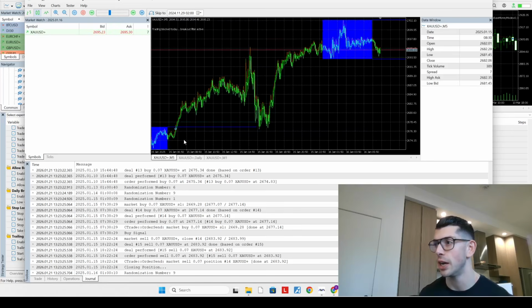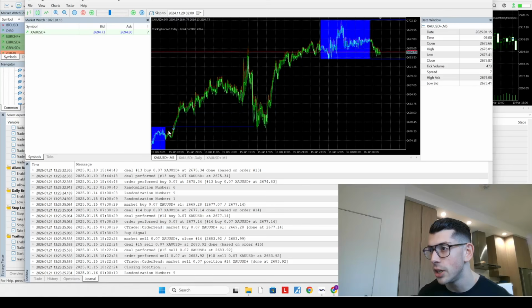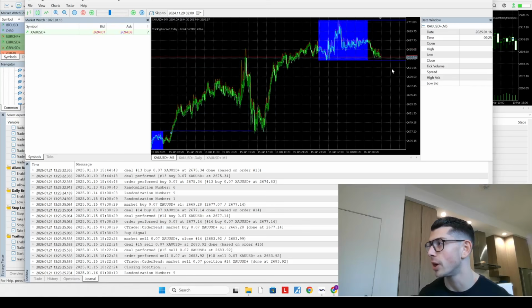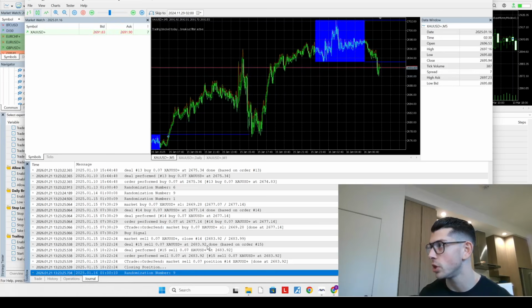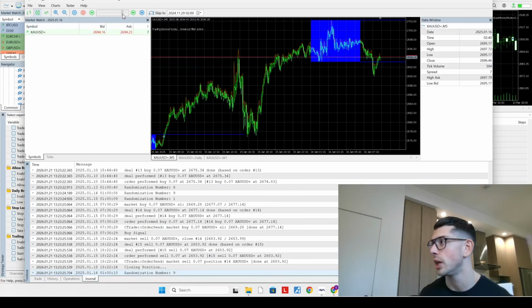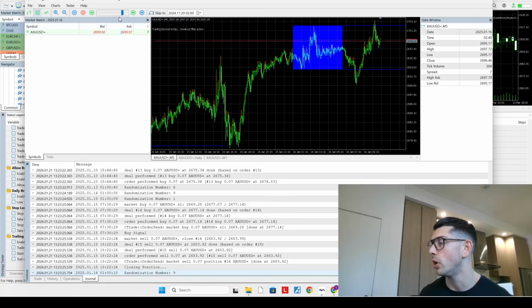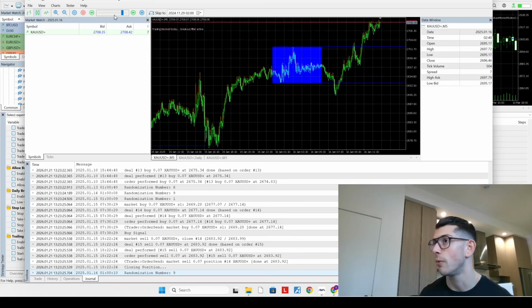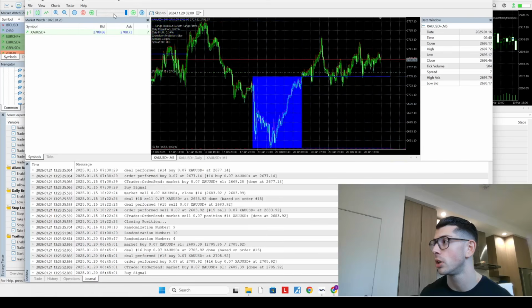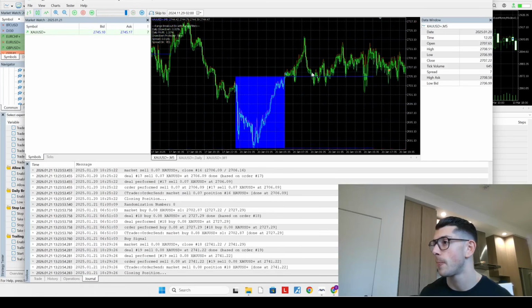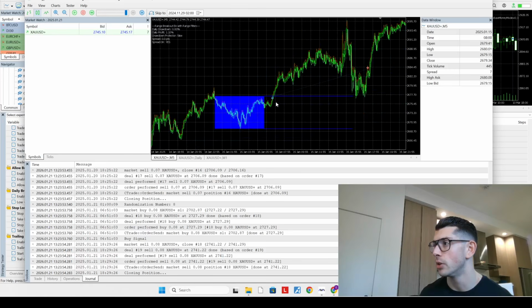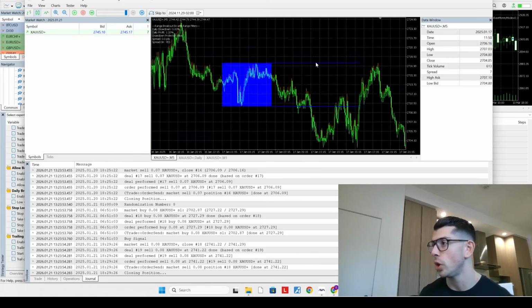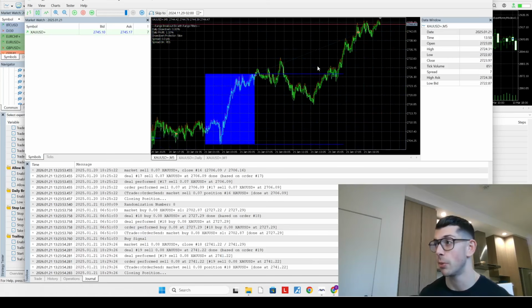So it looks like he's actually doing market buy or market sell at the beginning of the range. Closing position. I'm curious as to if he's doing a market sell here. Maybe he's only going long, or if he's waiting for a confirmation, perhaps. Yeah, those are indeed market buys. Okay, so that's definitely a market buy. So he's not using pending orders, he's just buying at the breakout. Perhaps there's a few different additional filters here. So overall, guys, this is